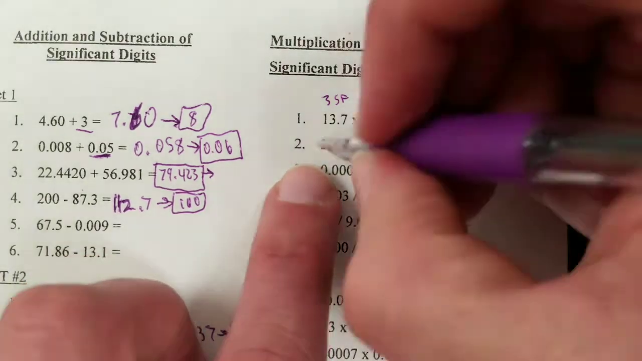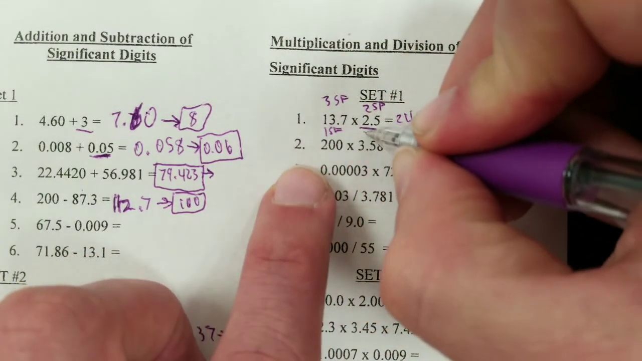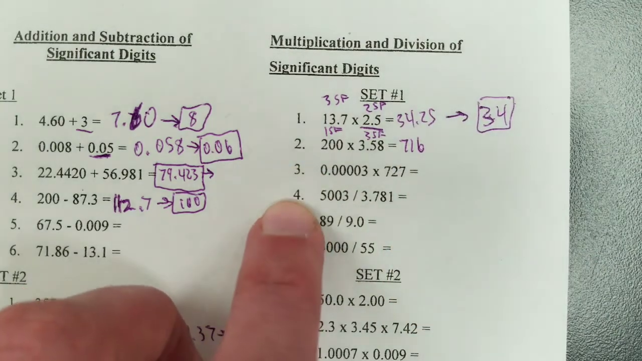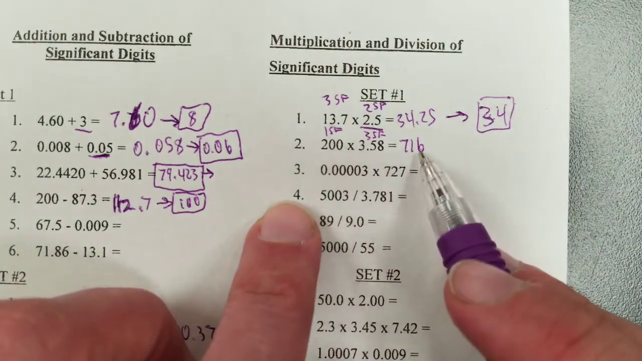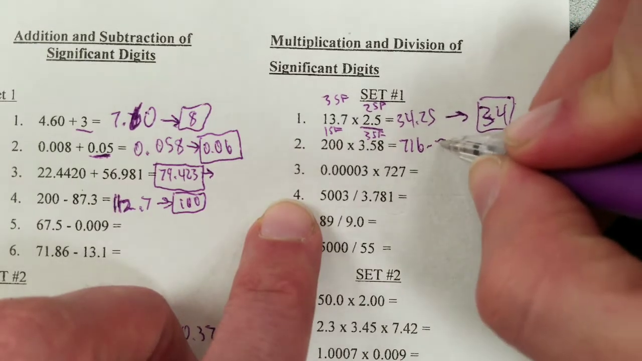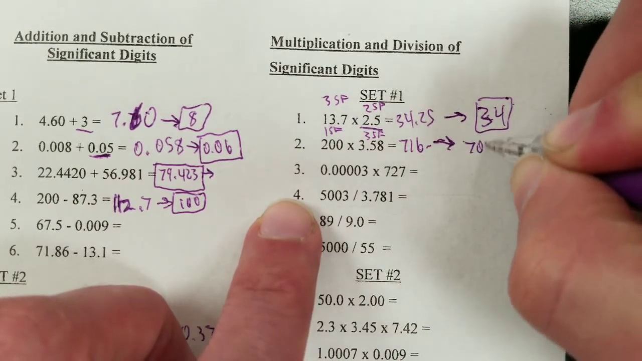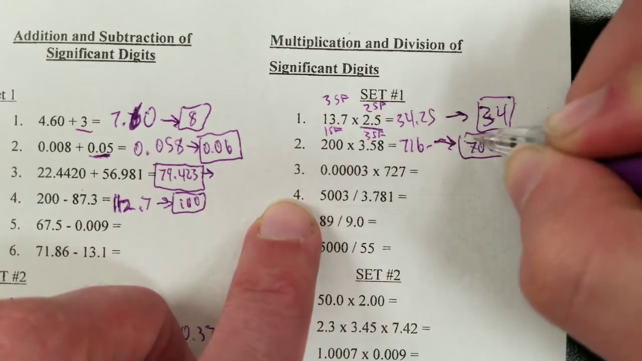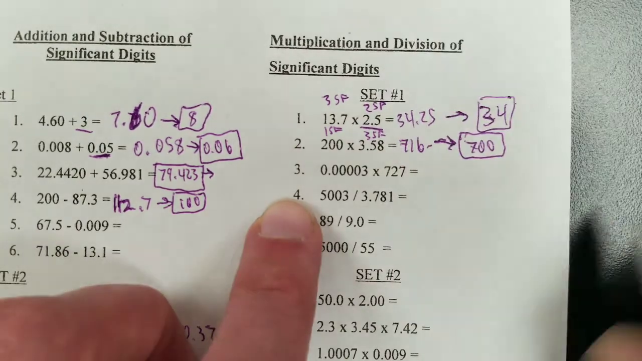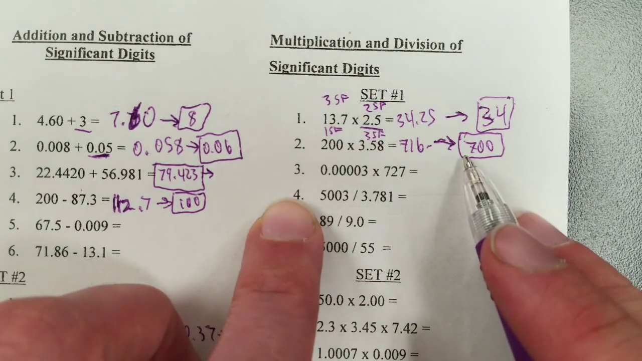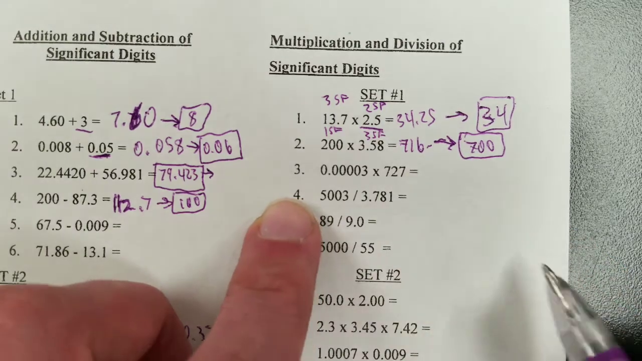Here, this is only 1 sig fig, whereas this one is 3 sig figs. So because there's only 1 significant figure here, it can only have 1 significant figure here. Final answer, 700. Okay, 1 sig fig, 1 sig fig. Here,